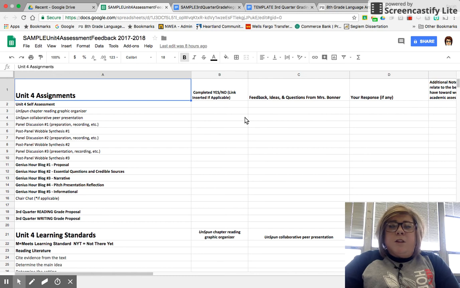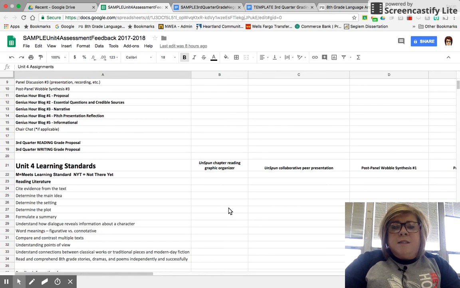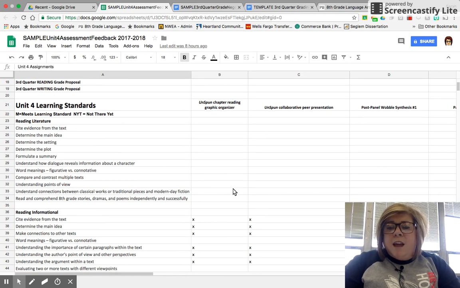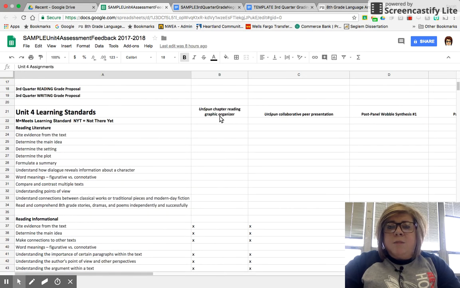This is the spreadsheet that we've typically used for the past couple of units. This is in your shared folder that we have created through Google that is shared between me, your child, and you. Notice, as you see on here, students have an opportunity to take their assignments and link them onto here. So that's kind of that portfolio feel. They can also grade propose, and then also they get to self-assess their learning standards. So they would either be putting M for meets or NTY for not there yet, along where these X's are for each assignment, which is up here.